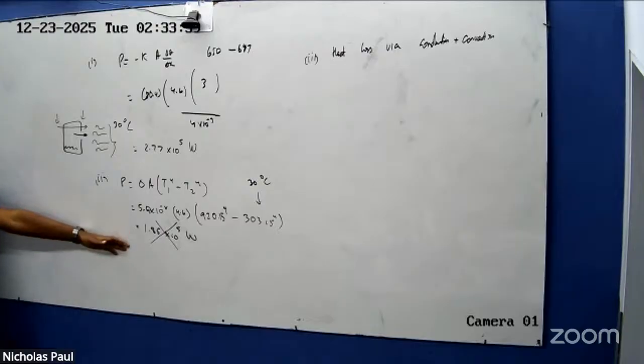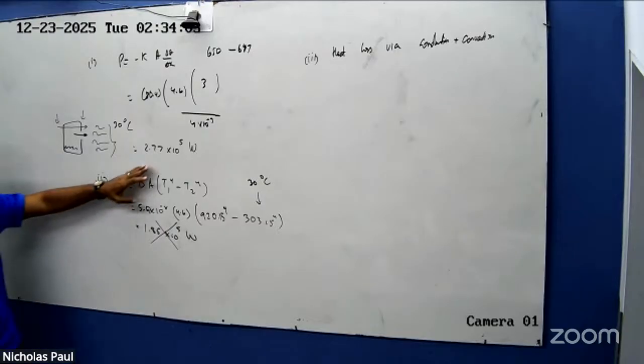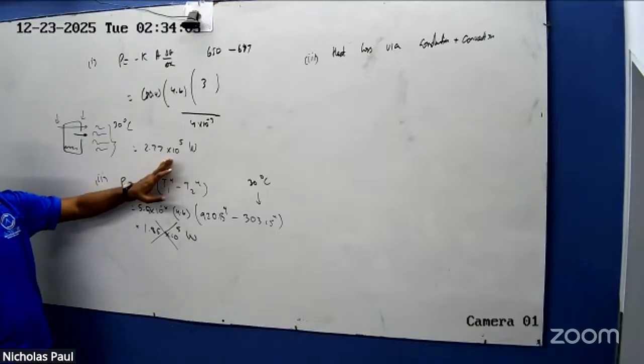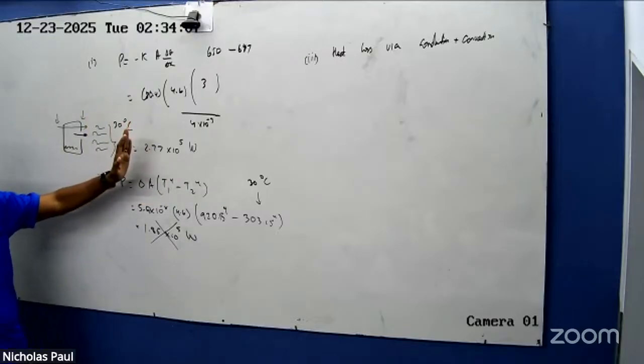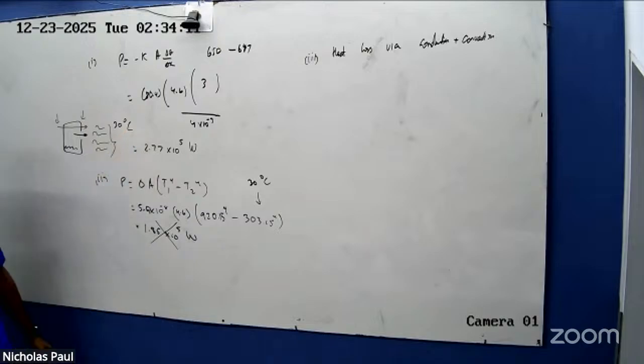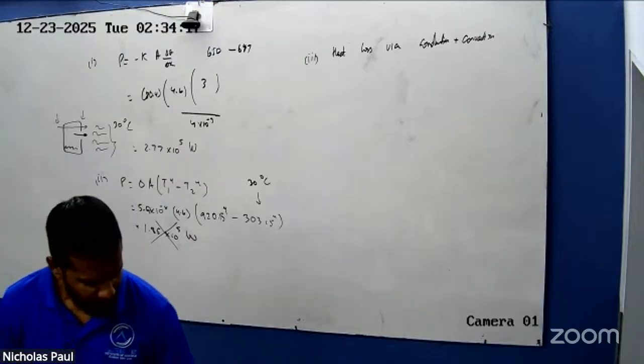And well, this is radiation. They didn't ask for that, right? All they ask is conduction and convection in the atmosphere on the outside. That's okay? That's all right? All right. So for today,